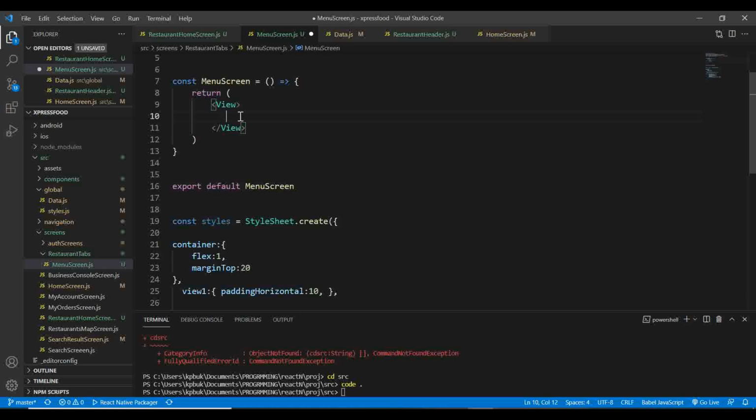We're going to open a view inside here. First of all, let's pass this style to it. I'm going to say styles.container, and once we have that, open another view,